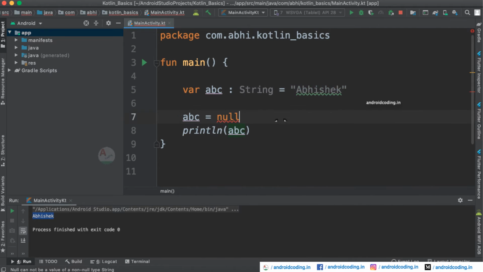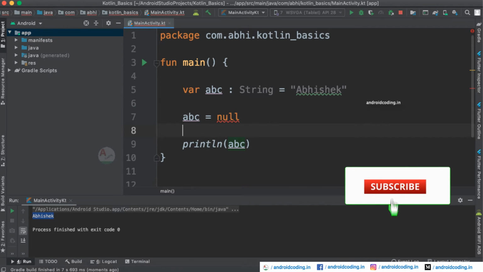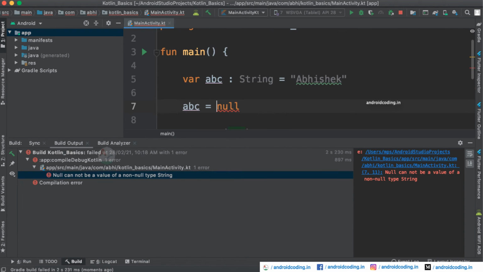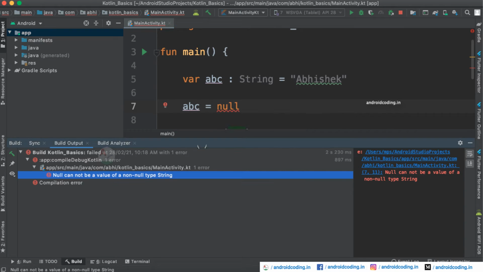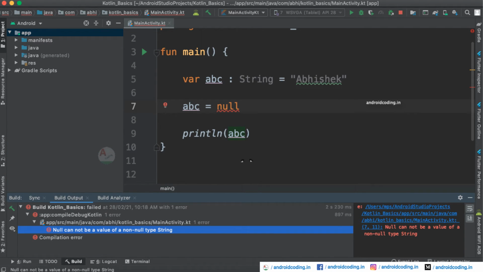In programming, sometimes you may get null depending upon the computational value, so you need to handle them properly. When you try to run this scenario, it will not even allow you to run, because you can see it is showing that it is a null. This is a compile time error, so we have not experienced a crash here. But what if this null came in your runtime? From the server side you got some value and it was null. How will you handle those kinds of things? We will see that in this tutorial now.